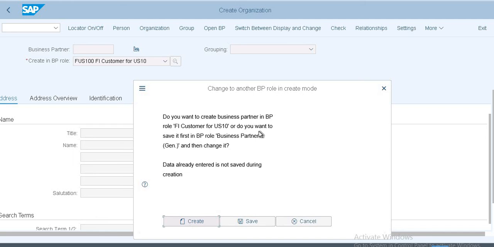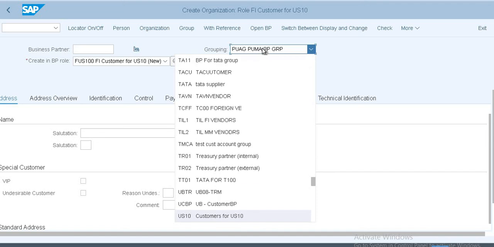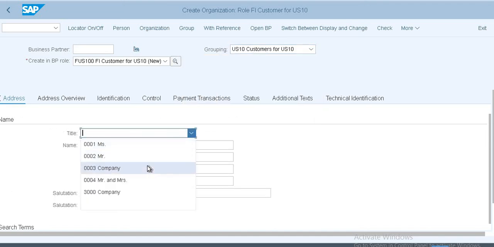Here it is asking whether you want to create the BP partner in BP role FI? Yes, we need to create, yes. Then here we need to define